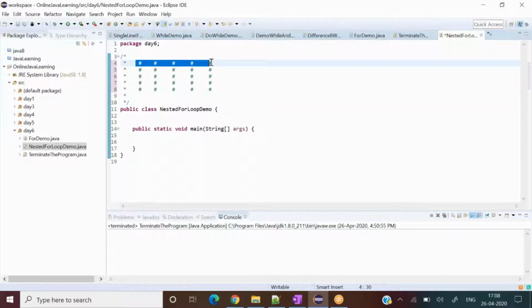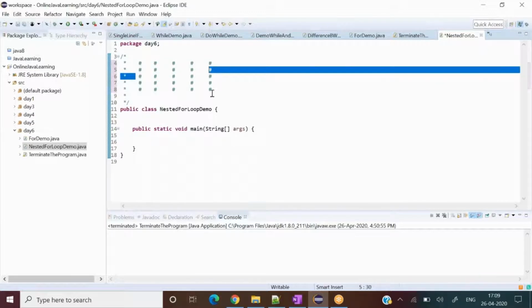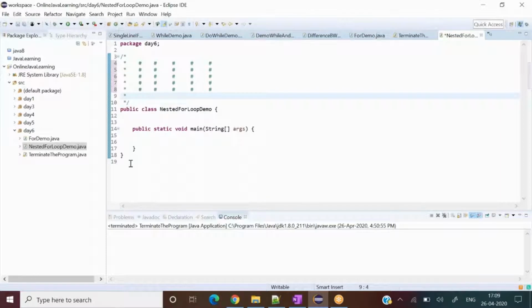This one is one row, this is the second row, this is the third row. Just like in your grocery stores, there are different payment gateways there, right? So people are standing in a queue. So this is, I would say, the first row, this is the second row, this is the third row, and the fourth row and the fifth row. And how many columns are there? One queue represents one column.